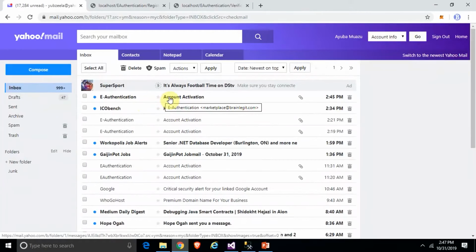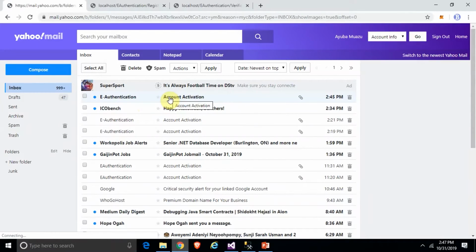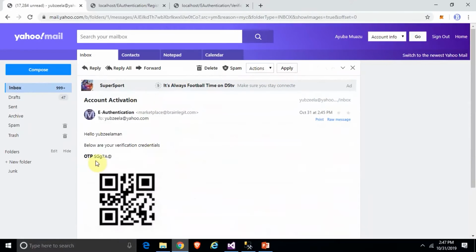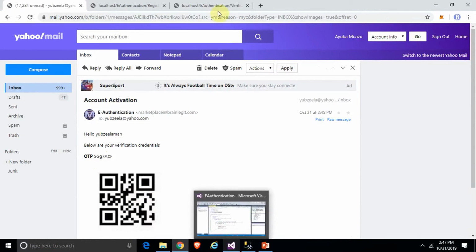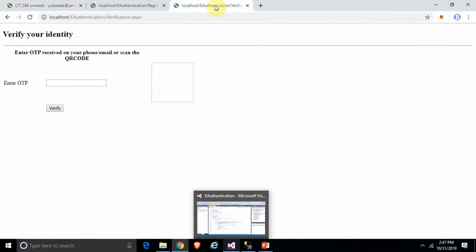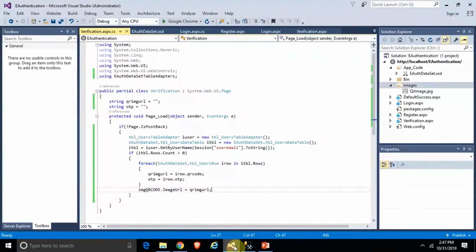Okay, you can see that a new QR code is generated. Receive the new email. Okay, so you can see this is the new email. Now to display this QR code here, which I'm not seeing here. This image is supposed to show here. Let me see whether